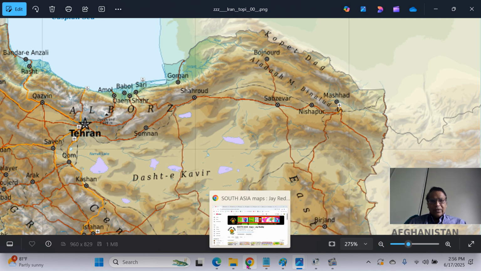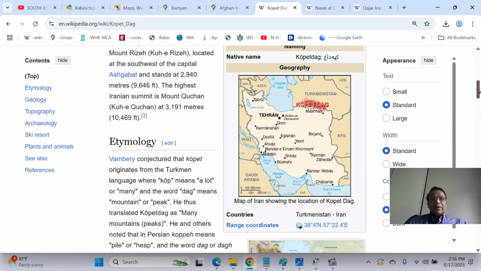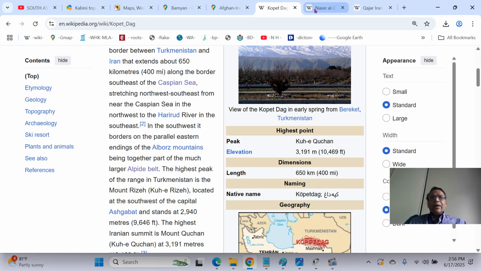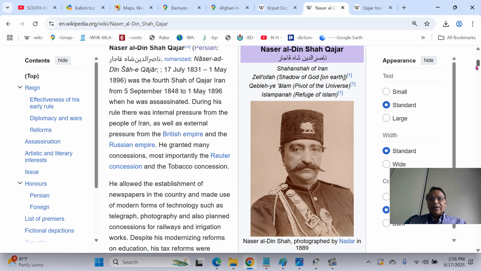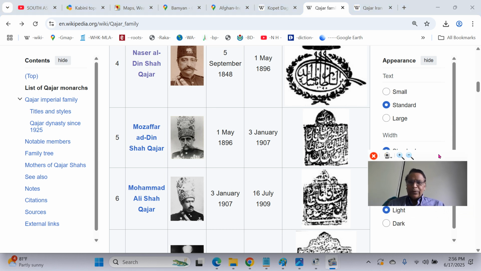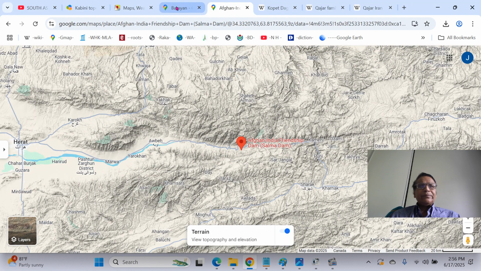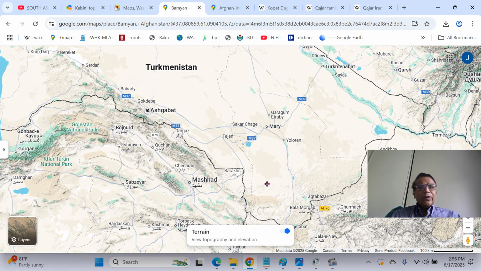We can see the same thing here. So here in Wikipedia, they have given the Kopetdag mountains and their details. And during Naseruddin Shah's time, in 1881, this treaty was made, the Akhal Treaty, in the Qajar dynasty, the precursor dynasty of the Pahlavi dynasty. The Pahlavi dynasty was overthrown in 1979 by the Islamic Revolution led by Imam Khomeini. So you can see the